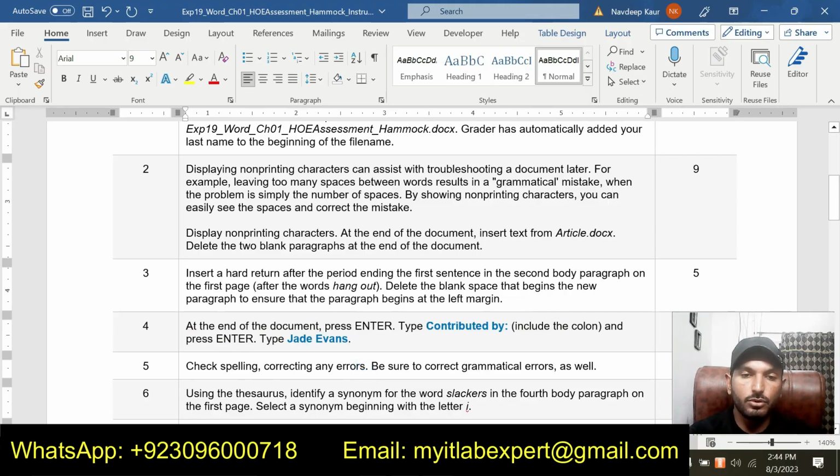So we have solved 4 steps, and now we will move to next step, that is step number 5. Check spelling. Correcting any errors. Be sure to correct grammatical error as well. So now in step number 5, we are supposed to check grammatical and spelling errors, and then we will remove the errors. So we can simply do this by using the inbuilt tool of the Word, that is spelling and grammatical